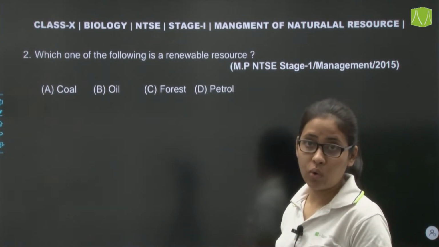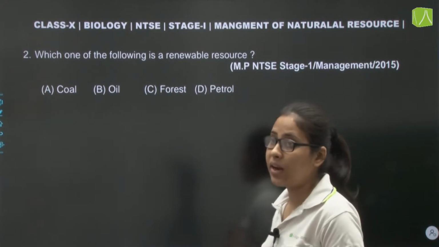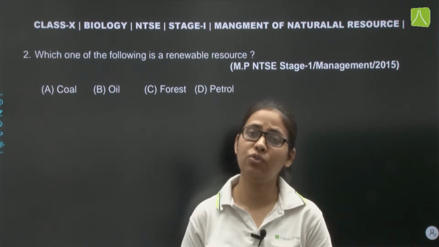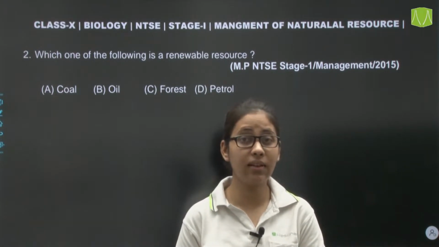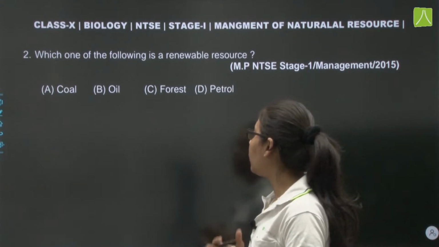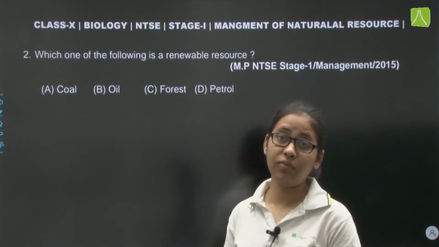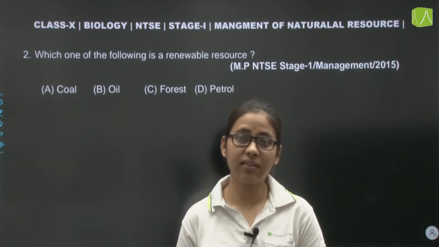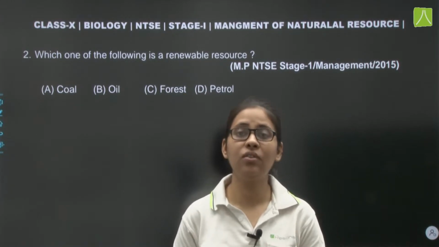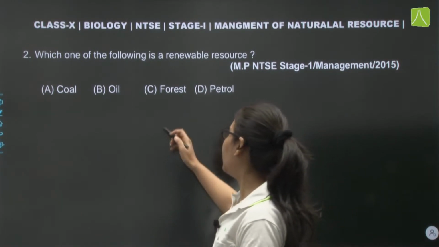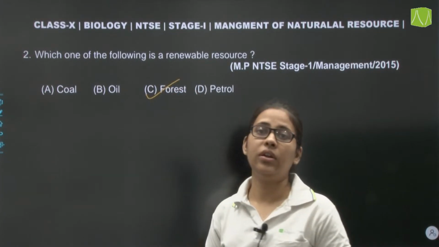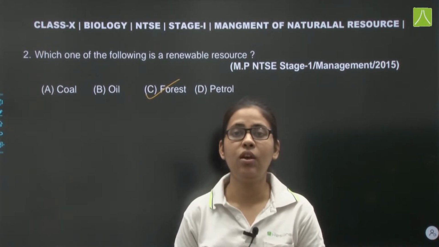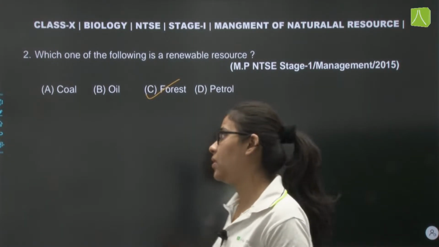यहाँ पर जो renewable resource है वो है forest, because plantation होगा, हम reforestation कर सकते हैं. Deforestation अगर किसी वजह से हो गया है तो हम reforestation करके वापस balance maintain कर सकते हैं. On the other hand coal, oil और petrol if get exhausted, अगर ये खत्म हो गए हैं तो हम इन्हें renew नहीं कर पाएंगे. It is not possible to renew these resources. On the other hand forest can be renewed, it can be regenerated, हम इसे regenerate कर सकते हैं with the help of planting more and more trees. So the correct option over here is the C option, that is the forest.